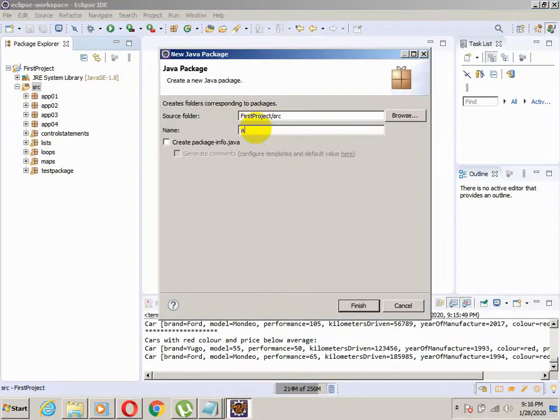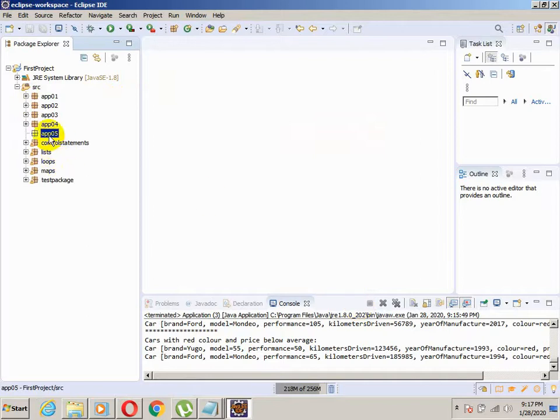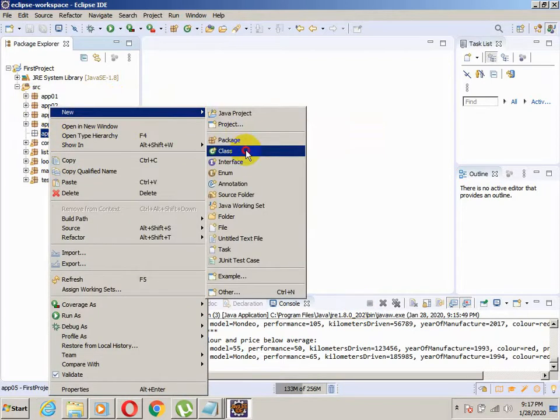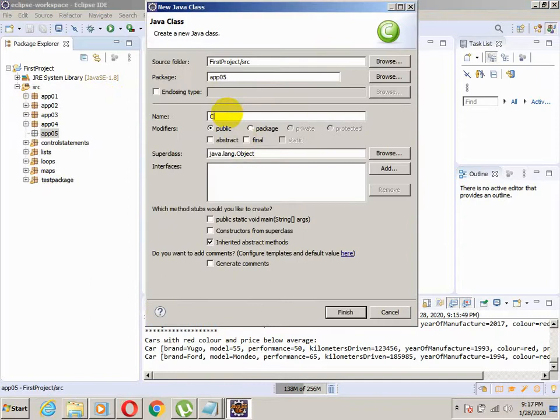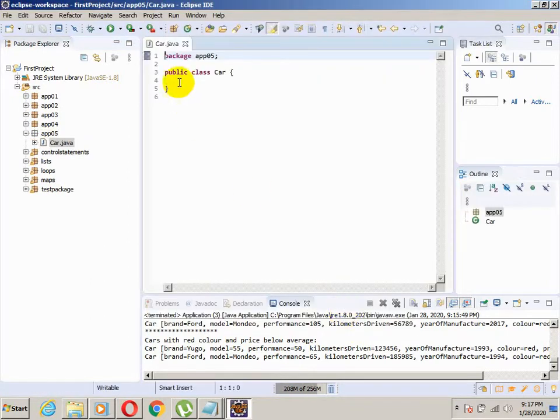We will call it app05, and I will create a class. The name will be Car, and okay, let me create a couple of fields. Private String brand, private String model, private